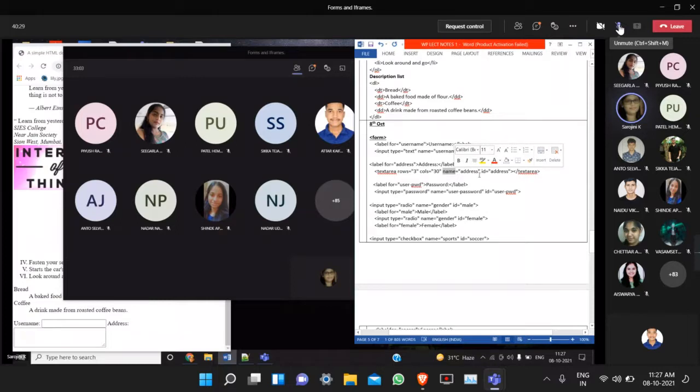I am asking now about the ID attribute. Ma'am, ID is a unique thing, so we can use it in CSS also. It's unique. Okay, that we already saw about the core attributes. ID is one of the core attributes, but we moved to another chapter, form. In the form, we are using the ID attribute.